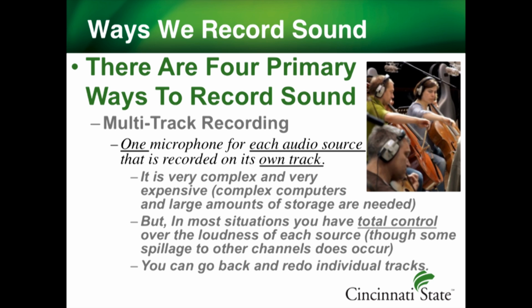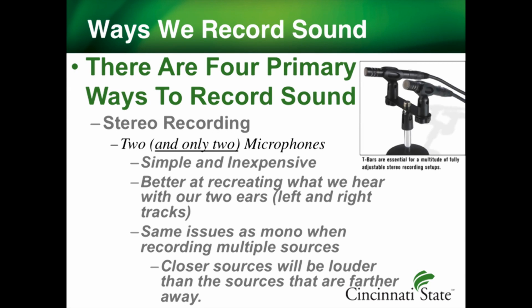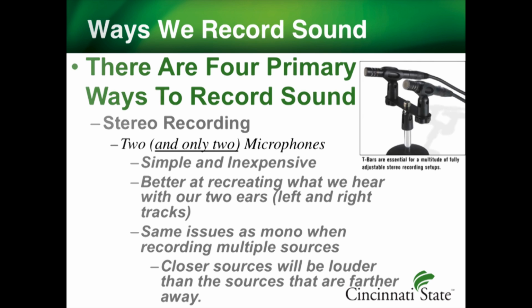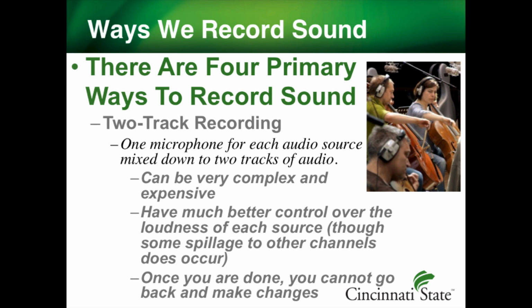That's multi-track. So just as a refresher, multi-track is as many microphones as you want or need, and each one has its own track. Two-track recording, again, is as many microphones as you need, but everything gets mixed down to one track. So it's one and done, and it has to be done all at one time. Then you get stereo recording, which is only two microphones. And then we've got mono recording, which is the simplest, just one microphone. So we've got mono, stereo, two-track,